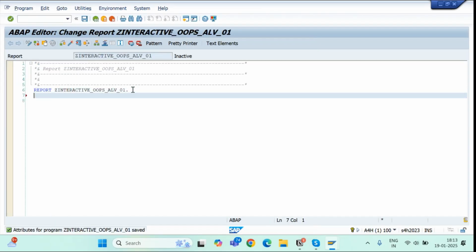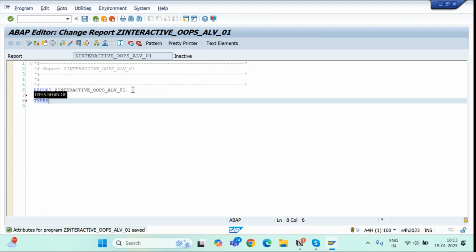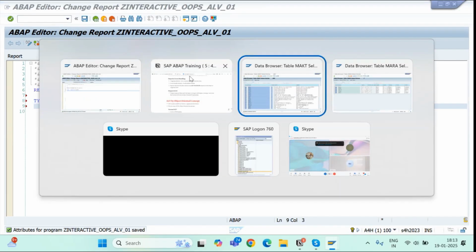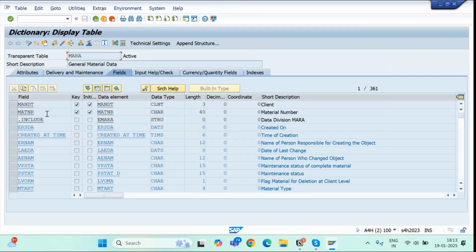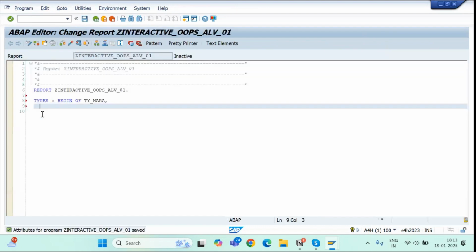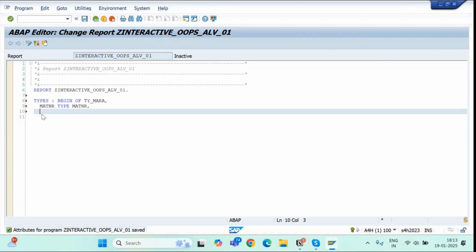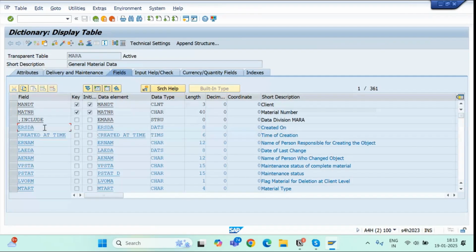So here we have to display two ALV. So I will need two structures also. So start with MARA, types begin of TY_MARA, and I will give the names of the fields. This is my MARA table. Let's see some fields here. MATNR, type its data element, MATNR, then ERSDA,